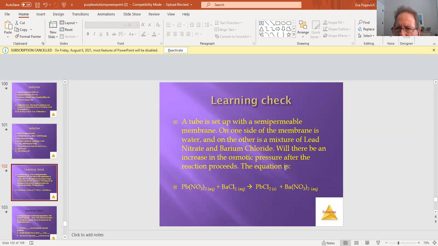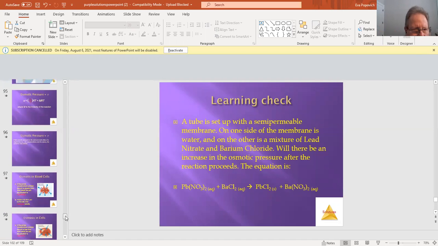Am I decreasing or increasing my molarity? Increasing? I'm going from 6 particles to 3. Oh, decreasing. I'm decreasing the molarity. So if I am decreasing the molarity,